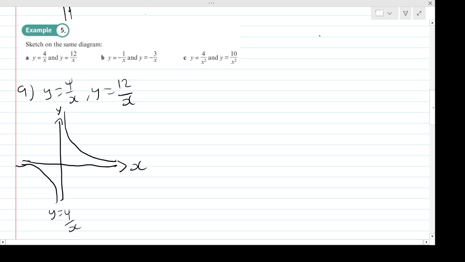Now 12 over x. It said to sketch on the same graph. Just think about it. If we multiply 1 over x by a bigger number, say 12 compared to 4, every value is going to get bigger, right? So 1 over x times 12 compared to 1 over x times 4 is basically the graph